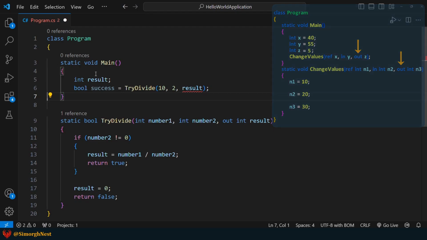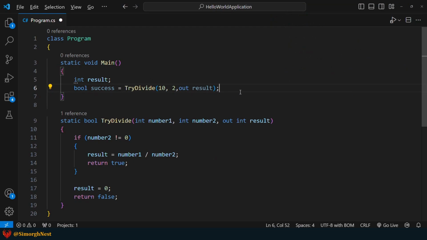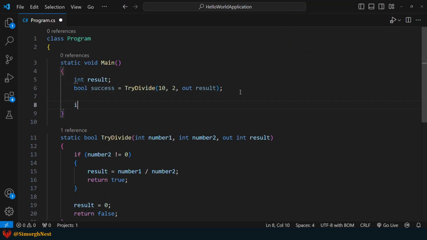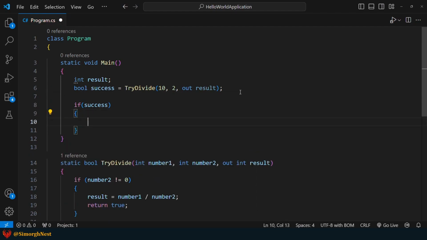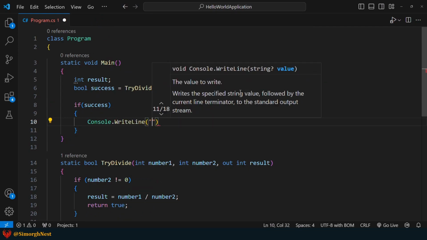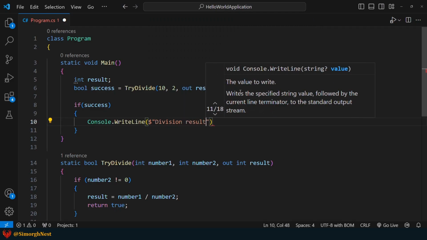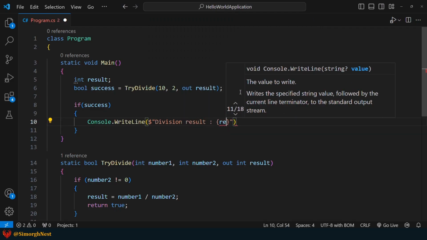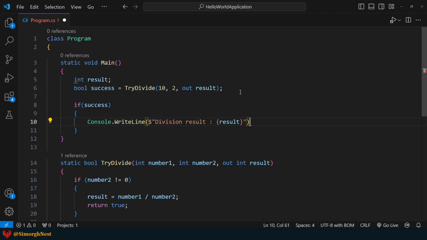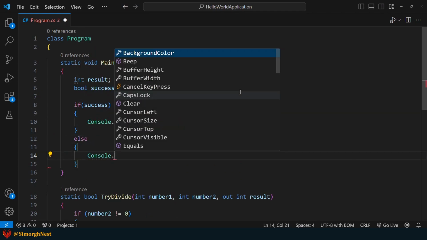So, we need to make the result argument an out argument. Now, let's check if the division was successful. If it was, we print the result. Otherwise, we print division failed.